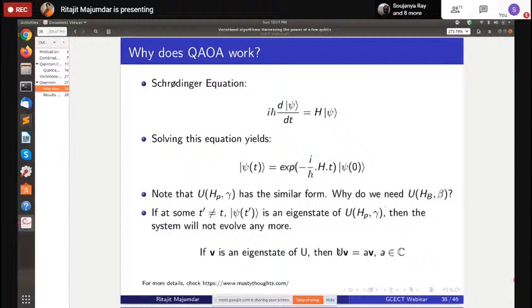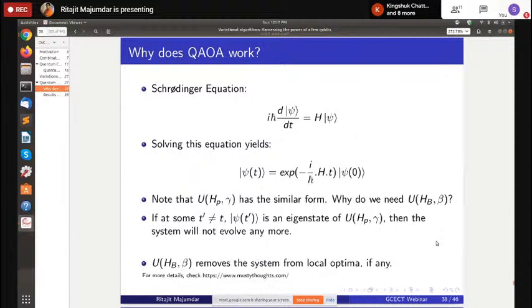If you act U on v, this state v does not change. So if it reaches an eigenstate, then no matter how many times you operate this again and again, it will never move from this eigenstate, because U acting on v cannot change v. So once you have reached this type of v, if you act this U again and again, it will not change the state. So the use of this U_HP operator is that it removes the system from any